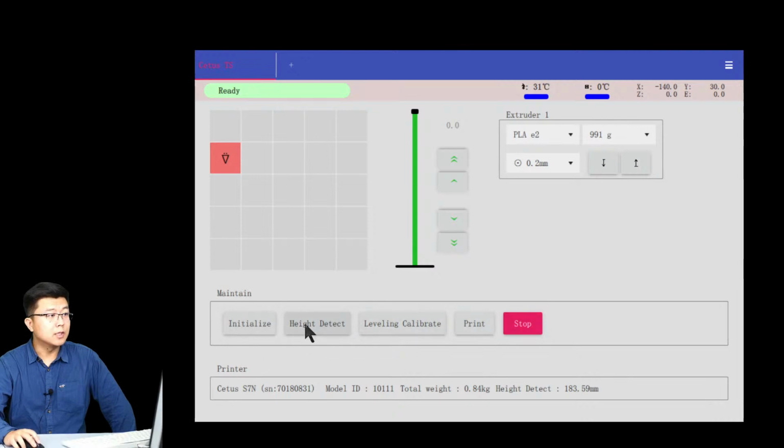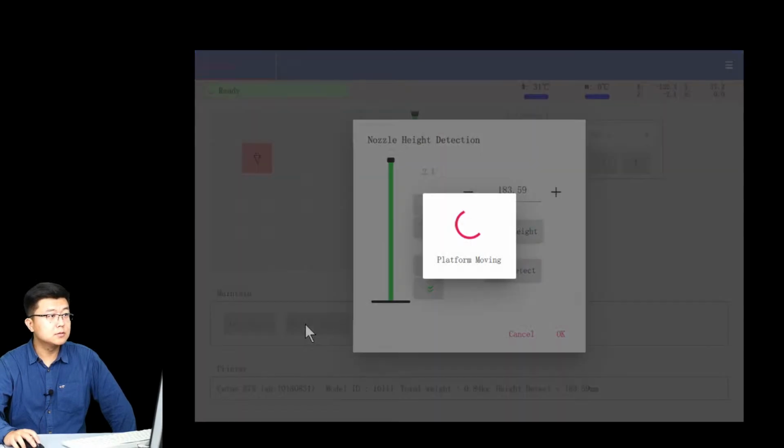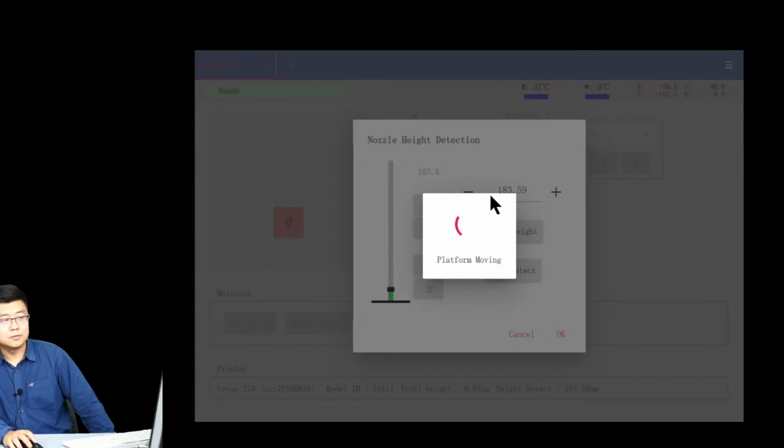So maybe I try to click here, the height detect. 有什么问题吗？没啥问题，就设了临时。